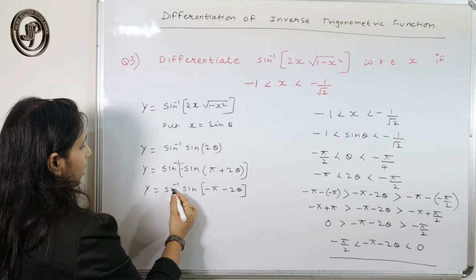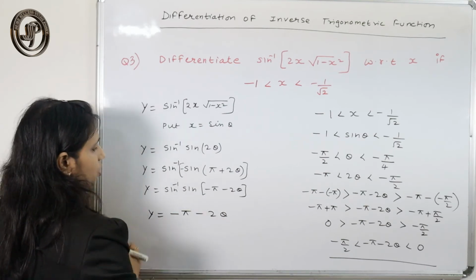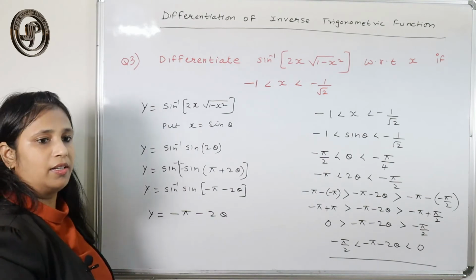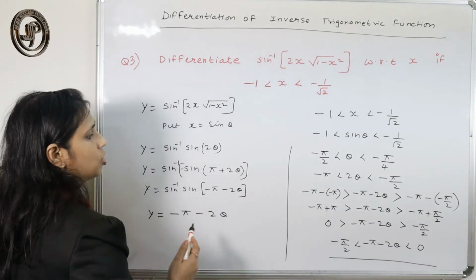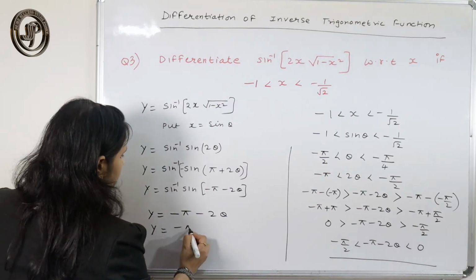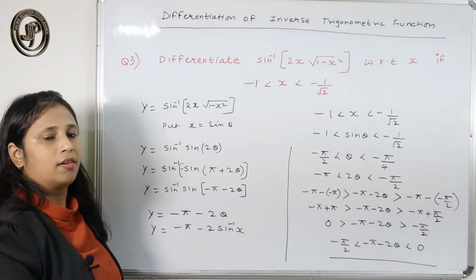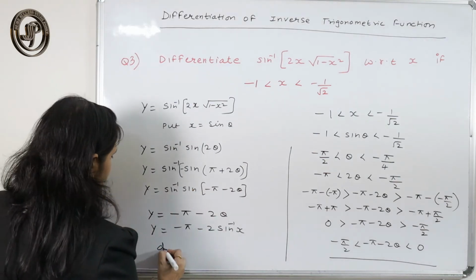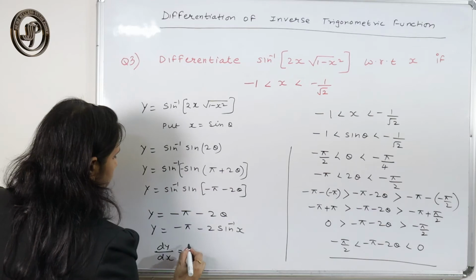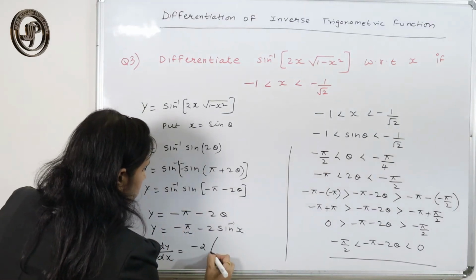So now we can cut this 2. So we can write minus pi minus 2 theta because that comes under the range. That is a very important thing that you just have to show in your question. So y will be minus pi minus 2 sine inverse x, right? And dy by dx will be, the differentiation of this part will become 0. So it becomes